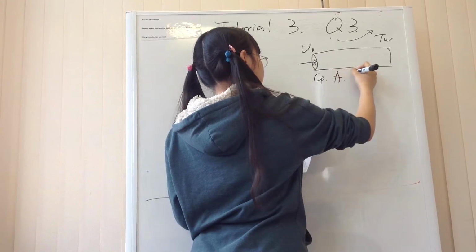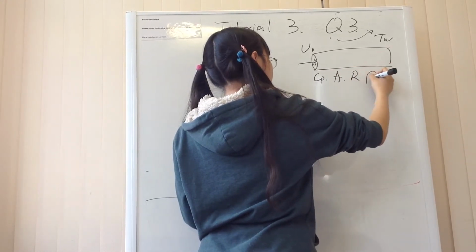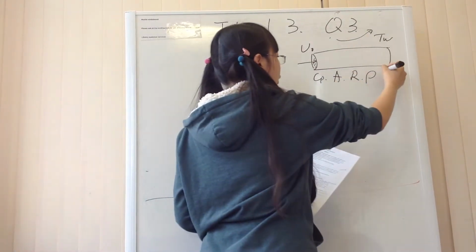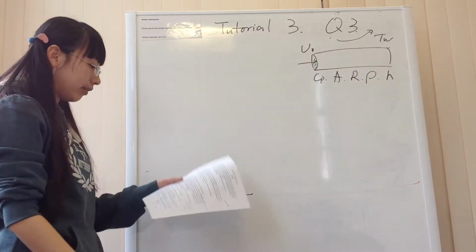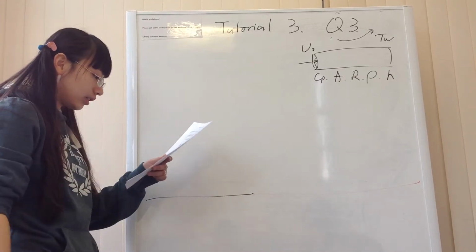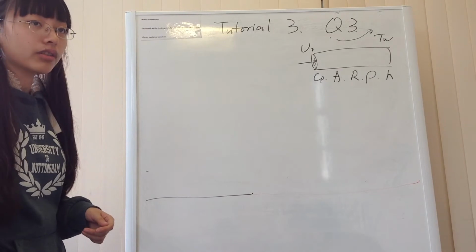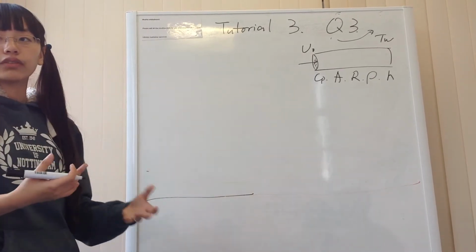The diameter is R, radius, and the fluid has a density rho, and the heat transfer coefficient is H. So all these things we know about it, but we just express them. We don't have values for them. And so firstly, if we want to solve the equation for this,